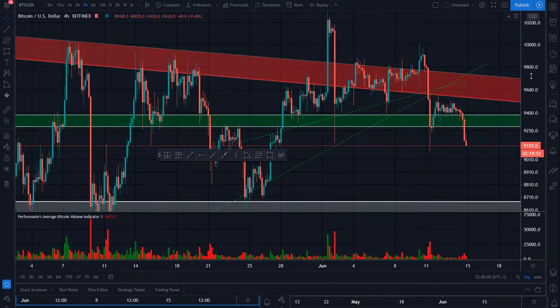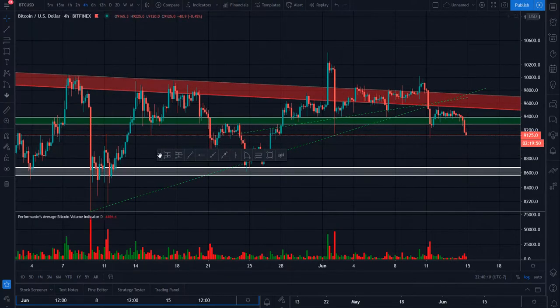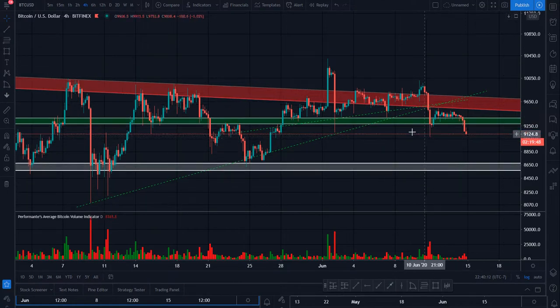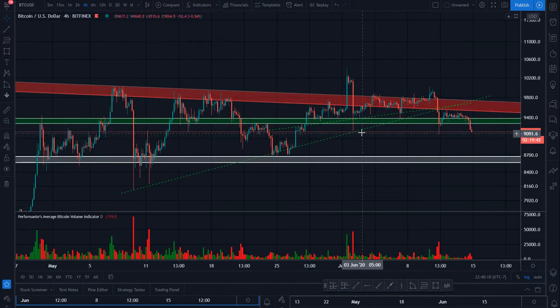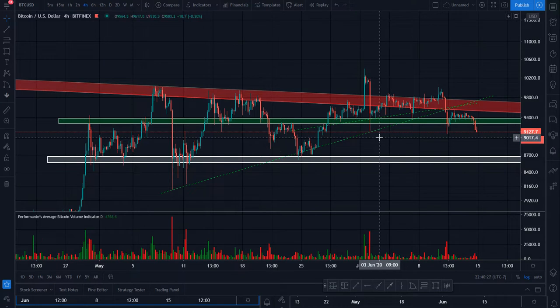Go to the 4-hour chart. We do see a significant candle closure that we were unable to get below the $9,300 zone and really see quite a bit of aggression to the downside. We held since May 28th. We've been able to hold this key horizontal zone. We did have some ascending zones that did hold the higher lows. I think most of those have broken, if not all of those have broken.